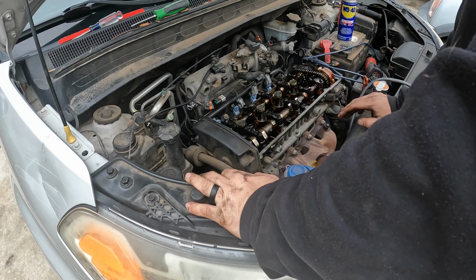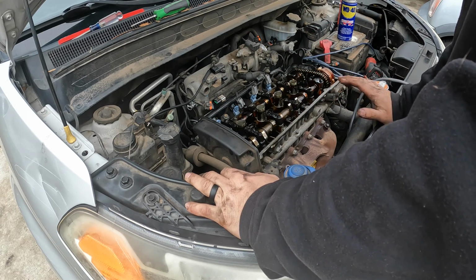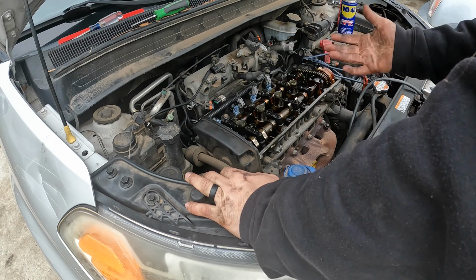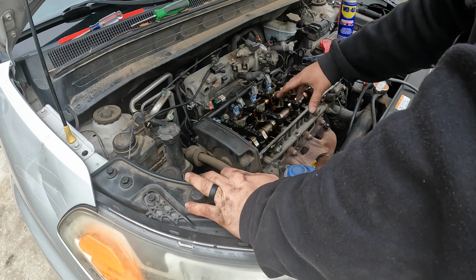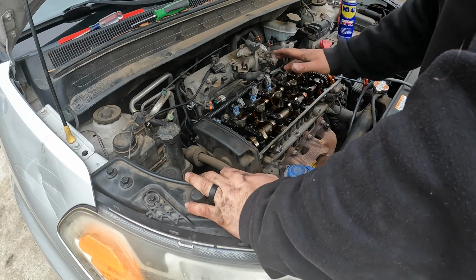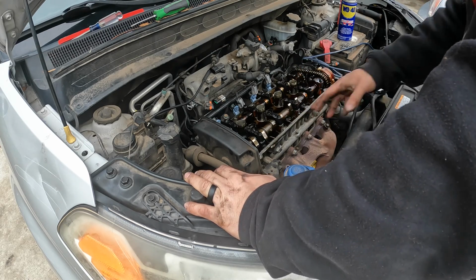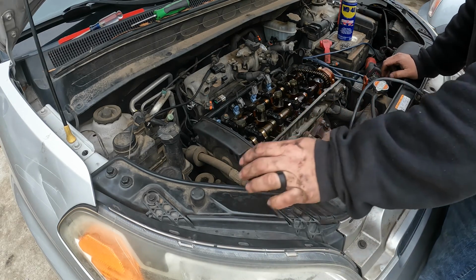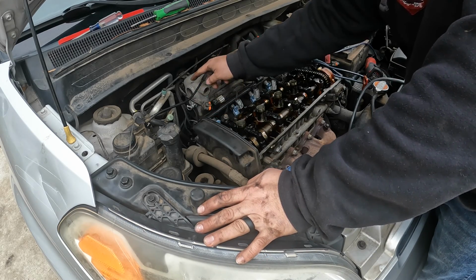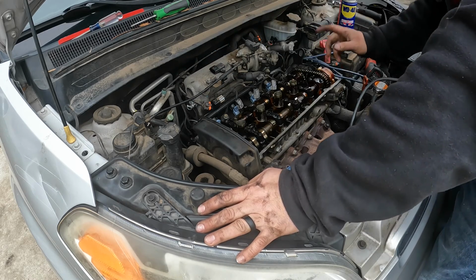So I looked at it and I can hear compression coming out from somewhere, and I cannot tell exactly where it is, but it is coming out of one of the head's valves somewhere. So I can't determine which valve it is at the moment. So we're going to go ahead and pull the head on this, and I've already pulled a few connectors and stuff off. I got the injectors disconnected, some of the sensors on the throttle body,